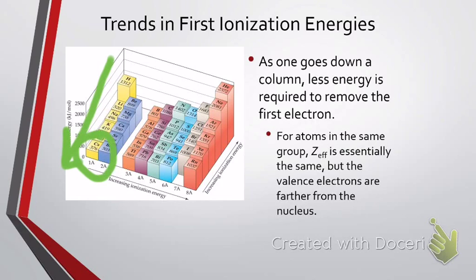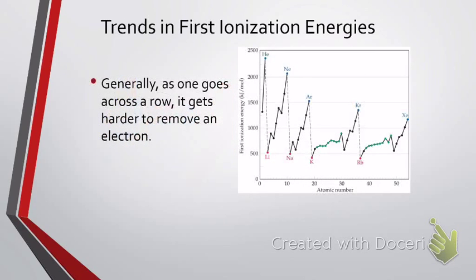It's in the 6th row. So, therefore, there's going to be n equals 6. So it's really quite simple to remove that first electron. As you go across the same row, you see that it gets harder and harder to remove an electron, because as you go from left to right, the Z effective increases. However, that being said,